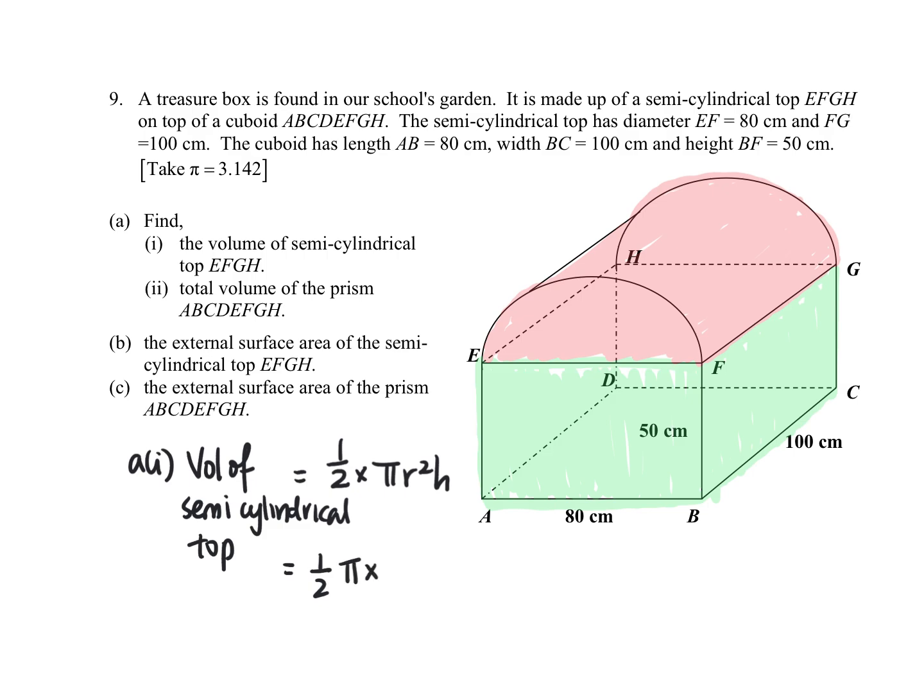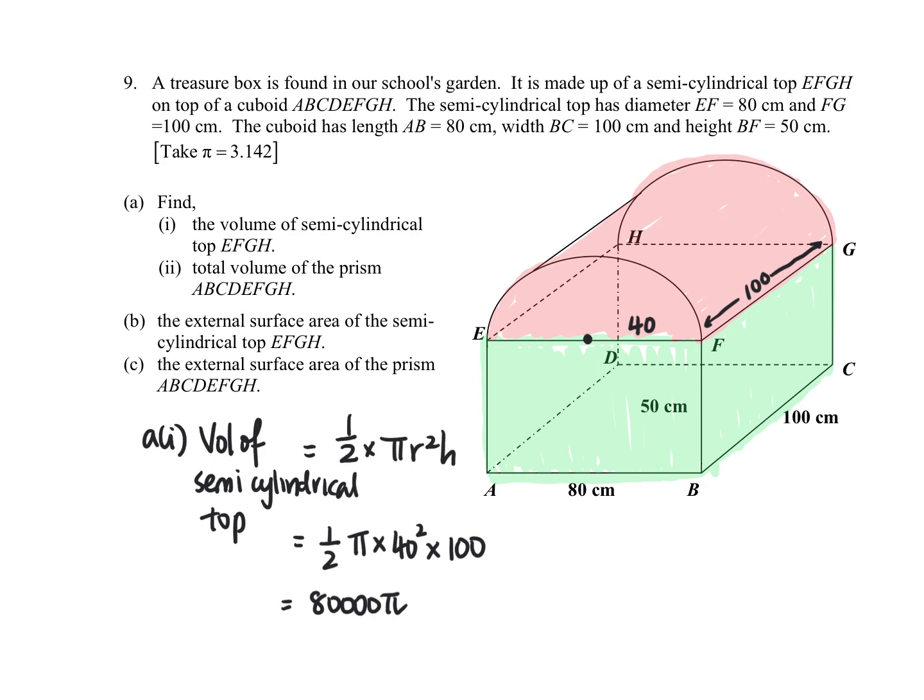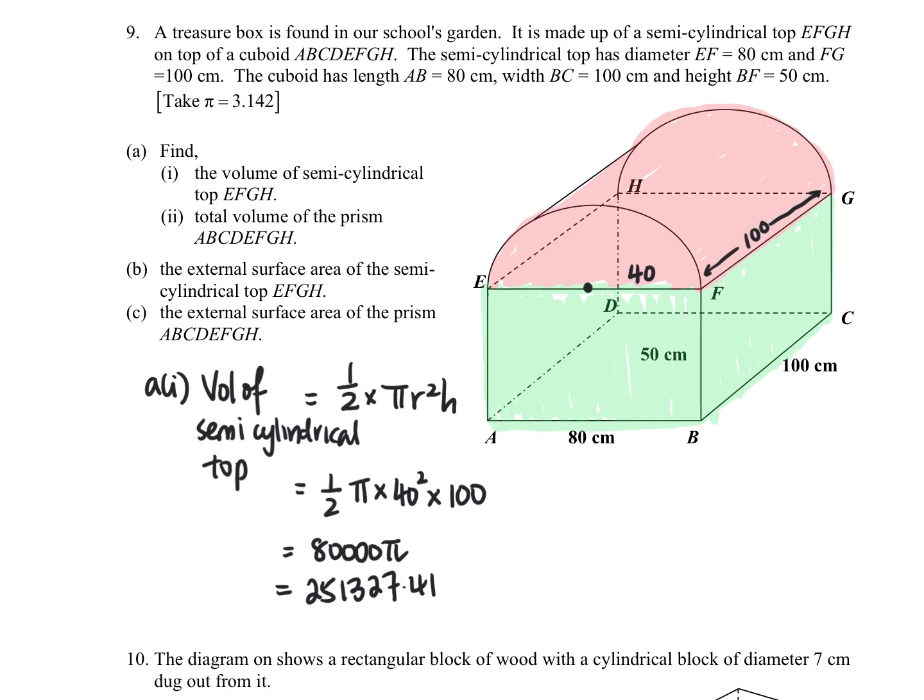My radius here is 40. So I put in 40 square. And then the height of my cylinder is 100 here. Okay, this is my height. So I times 100. So a good habit will be to evaluate in terms of pi first, so you can use it for later. So there's a 80,000 pi, then I press calculator. 251,327.41. So 3SF